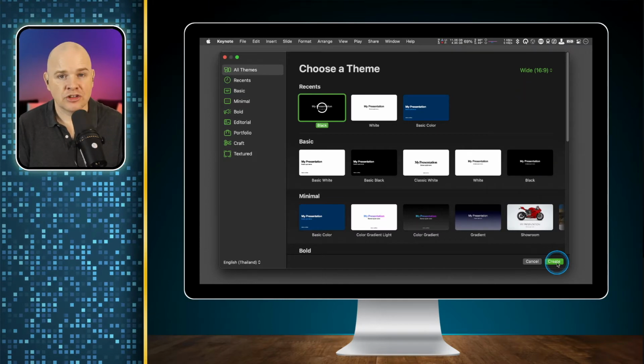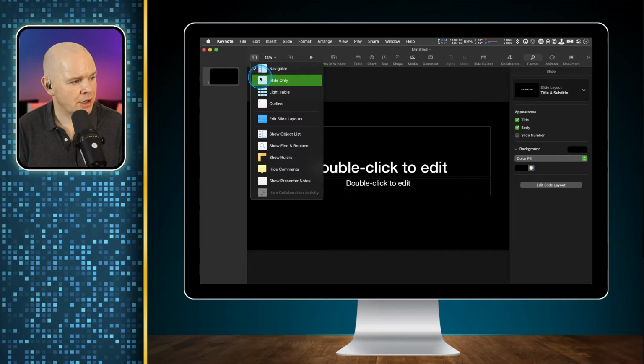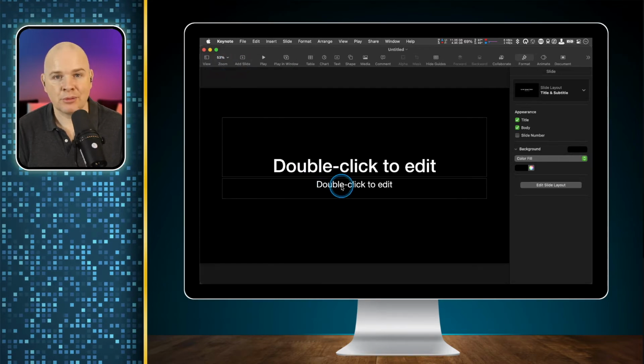Then we're going to click on Create. As we are only making a single slide today, I won't bother going into doing slide masters. As I've said, I've covered that in another video as well. So we might as well just hide this view at the side. If you've got multiple slides, this is where they'll show up. But we can just click into view and slide only, and that gives us a little bit more space to work with, doesn't it? So now what I want to do is I want to go into my downloads folder